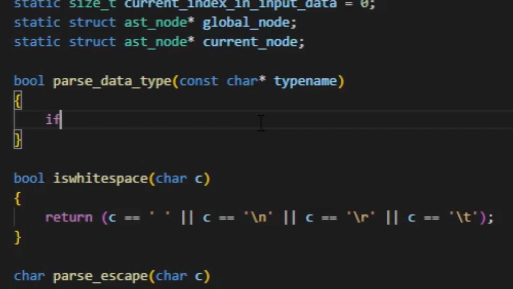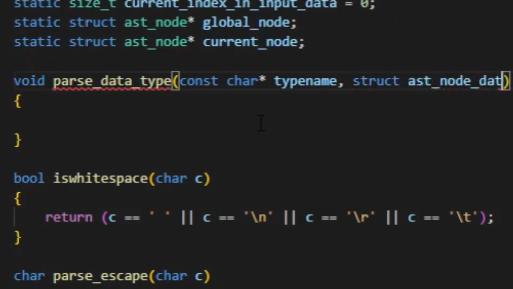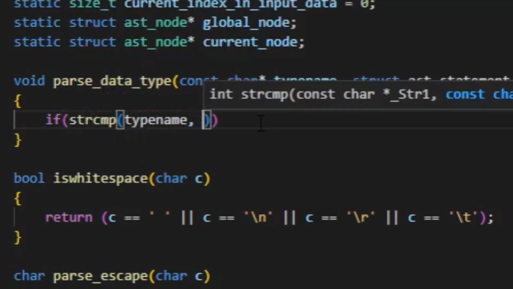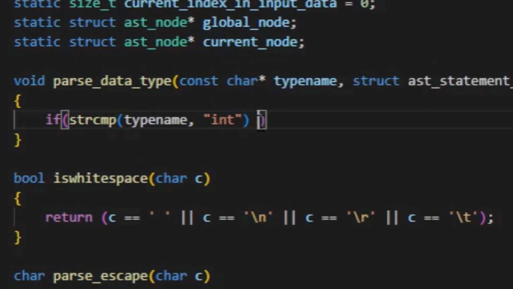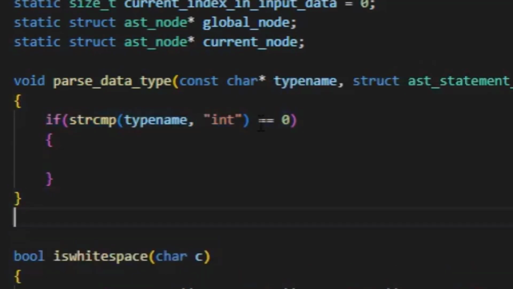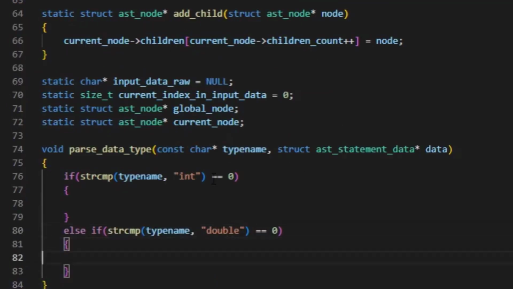So, alright, this is one thing, and one more thing is this is void, and this will be a struct ast node data ast statement data pointer data, right? We're going to pass in the pointer. So if strcmp of type name and, let's say, int equals 0, that's one thing. Now if I just copy paste this thing out here, sorry, alright, and else integer, then double, and lastly